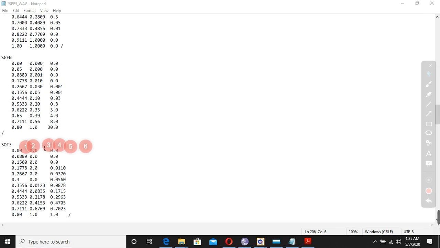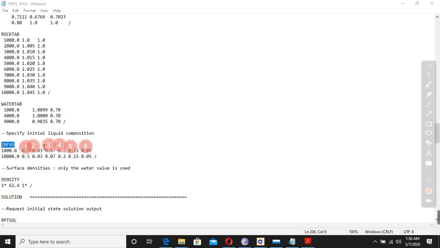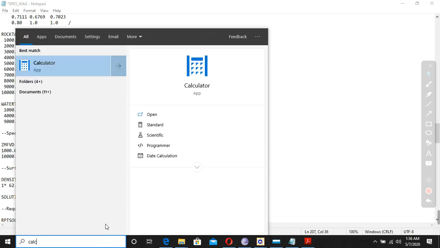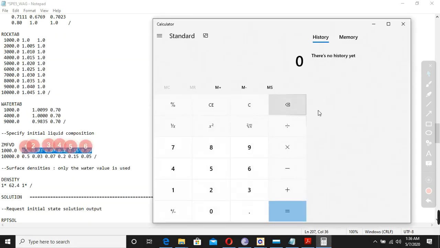So this here is the composition. Remember, if I ask you to reduce this 50% of C1, the summation of all of this has to be 1. For example, if I calculate the mole percent, 0.5 plus 0.03 plus 0.07 plus 0.2 plus 0.15 plus 0.05.